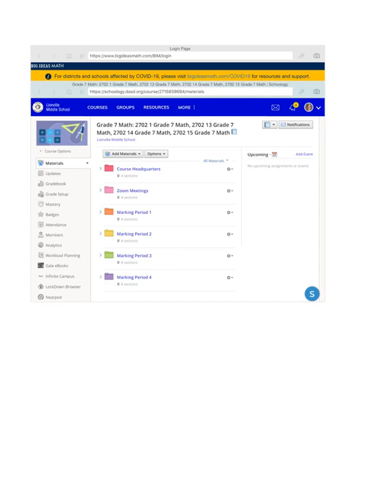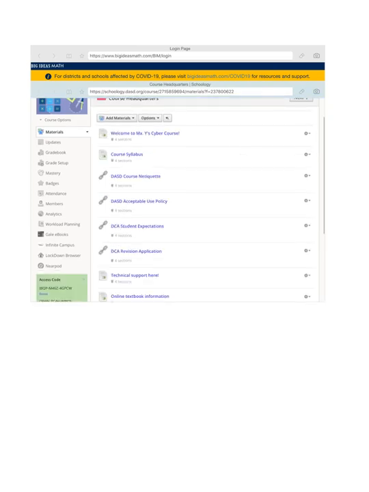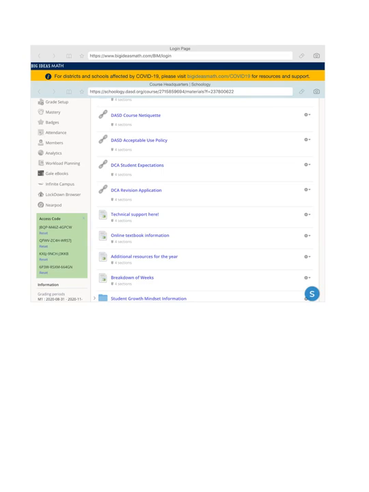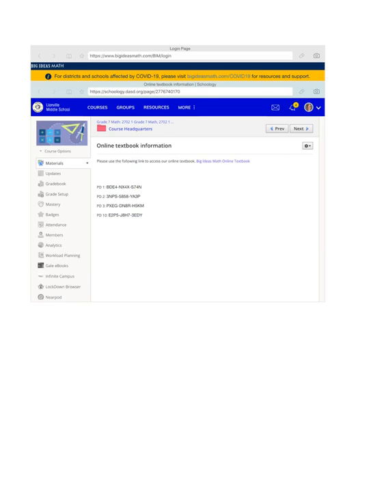Today we're going to get you signed up for your Big Ideas Math textbook online. First step is to go into Schoology and you'll hit Course Headquarters. In there, you're going to see a tab that says Online Textbook Information. So click into that. This is where you're going to see all of your access codes for the Big Ideas